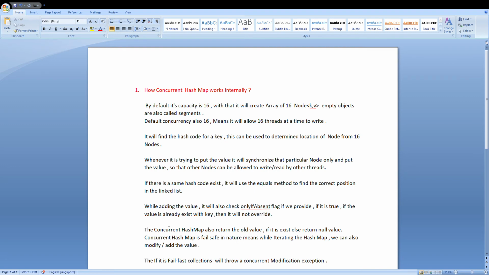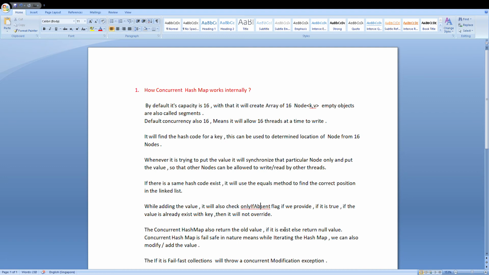Next, while adding the value, it will also check the putIfAbsent flag if we provide it. If it is true and the value already exists for the key, then it won't overwrite.